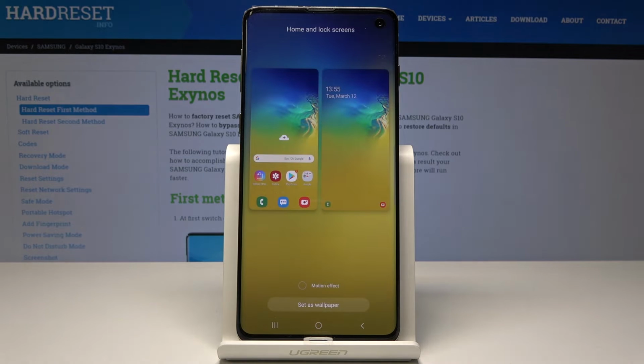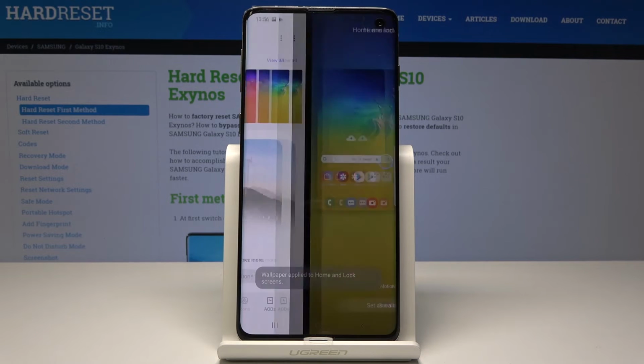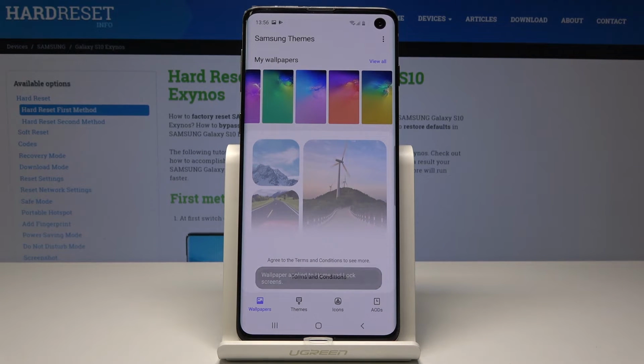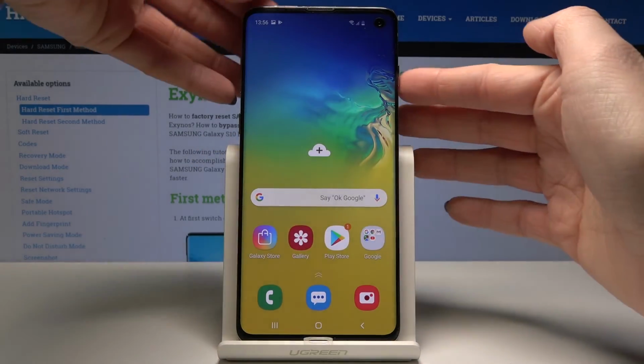Now you can see how it will look like, and if you would like to have them, just tap on Set as Wallpaper. Give your device a few seconds and wallpaper has been applied. So just take a look, the home screen and also the lock screen